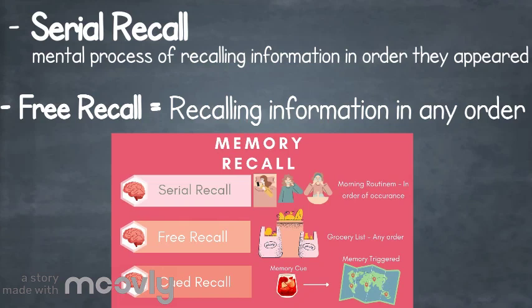Primacy effect is the tendency to better remember information presented at the beginning of a list. This can be explained by the fact that people have more time for rehearsal of words presented early, according to a Rundus 1971 study. Primacy effect can be intentionally reduced by presenting words at a faster rate.